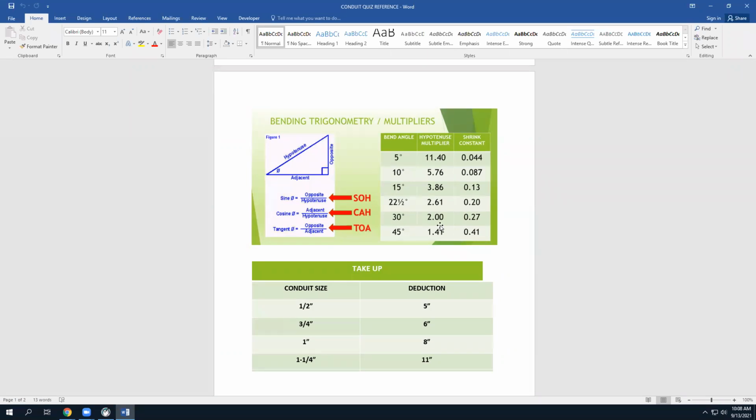So 30 degrees is 2. 45 degrees is 1.41. Do me a favor, what is 1.41 times 10? You're using the multiplier, it's 14.1. See how they're pretty much the same. The bigger your offsets get, if I had to go over a 15-inch height, trig tends to be more accurate. But in general, you can use those multipliers